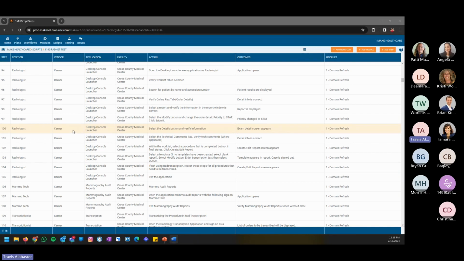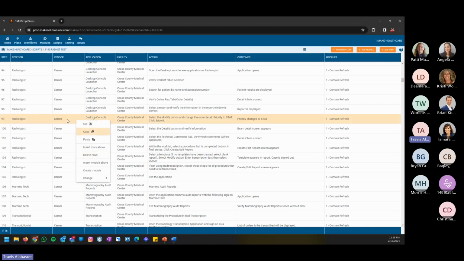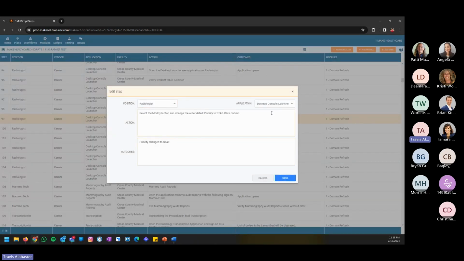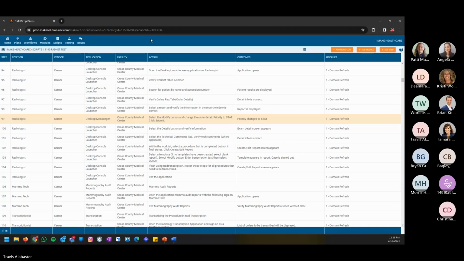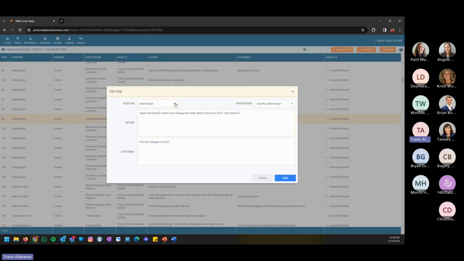Obviously, if you have 1,016 lines or 1,116 lines, you want to stay where you're making your edit. So if we make an edit to this step here, and we just change the application and we hit save, it does boop you straight up to the top of your